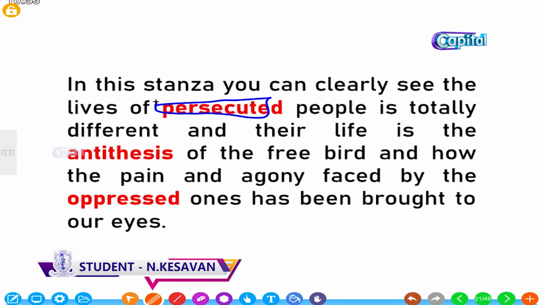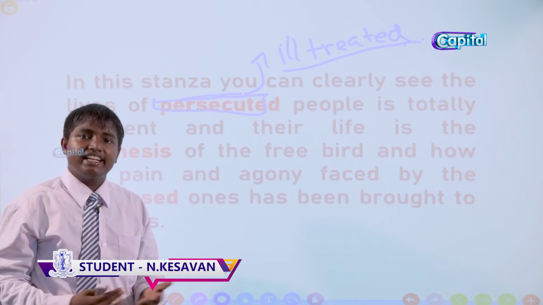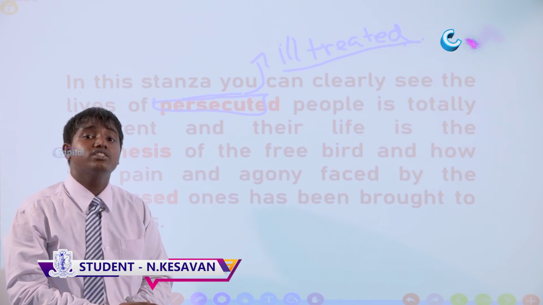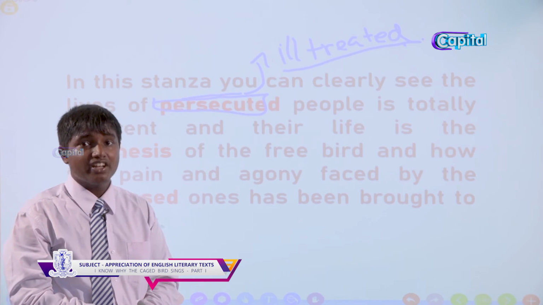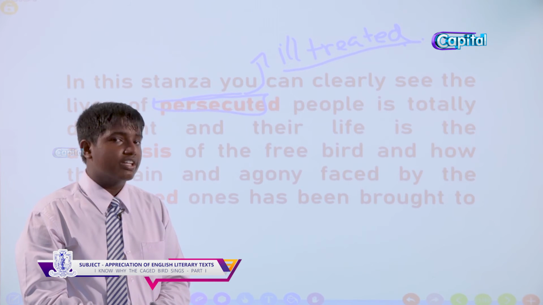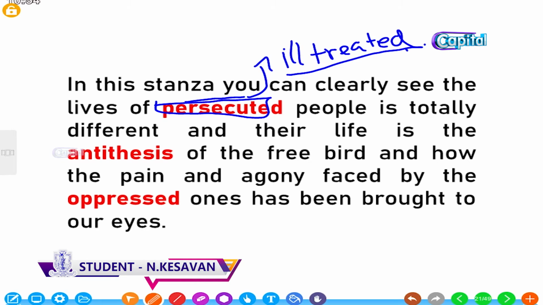Persecuted is a word that refers to ill-treated, who were not considered equal, and they were considered as animals. They were given only the respect an animal can have, which means they were given only the pain, not any enjoyment, not any kind of freedom. For the persecuted people is totally different, and their life is the antithesis,